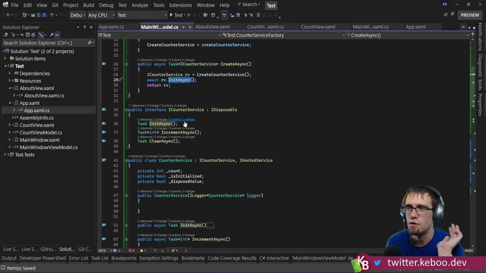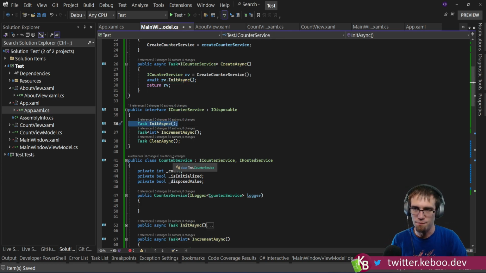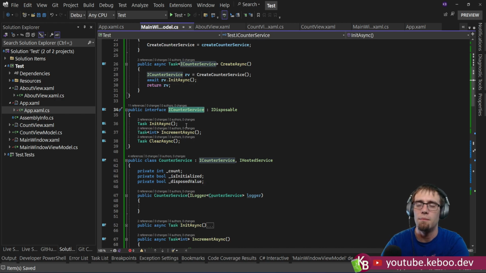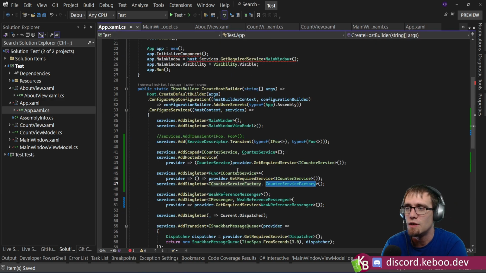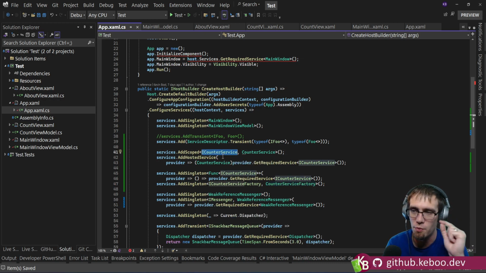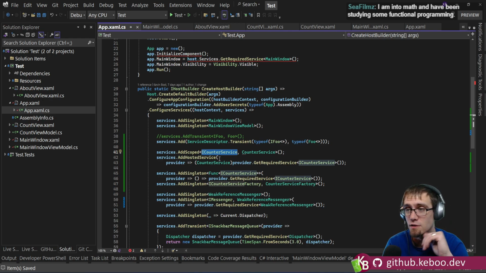Away you go. If you need to do interface segregation, sometimes having an async on this service is probably not appropriate. You could theoretically have a slightly different interface, but then if you change that, going back and forth, if you do interface segregation inside of your DI container, you need to make sure that you've done appropriate registrations that all have the appropriate service type for those different interfaces. In our case, we're trying to keep it a little simple and not sprawl too much because it goes out of